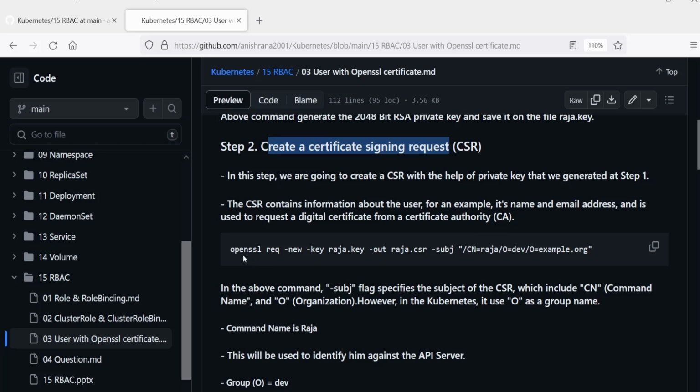The command is openssl req -new -key, the file that we created previously, and it will generate one CSR file. Here we are mentioning the subject: CN equals common name Raja, and O is organization, but in Kubernetes we use it as a group: dev and one more group, example.org.